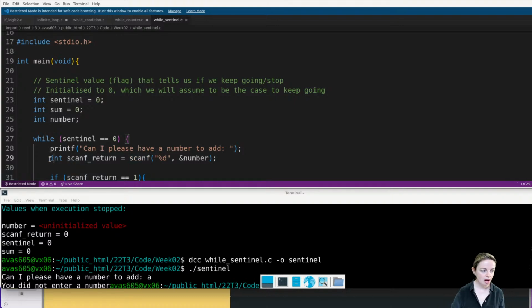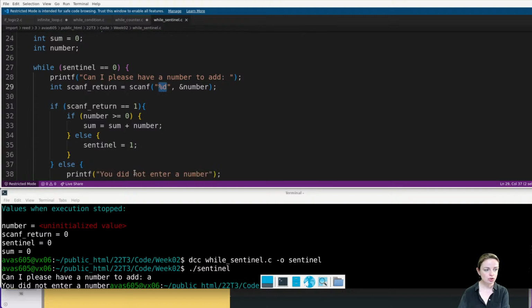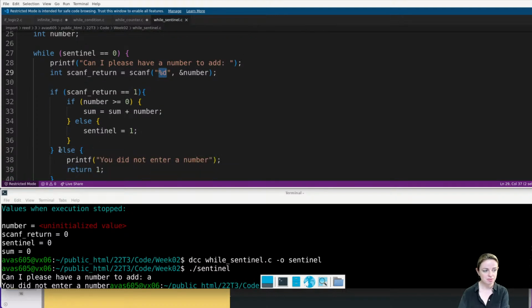So I've just declared a variable. I called it scanf return. It's just what I named it, okay? You can name it whatever you want. But to me, that's a variable name that made sense because it's the one that's keeping track of what scanf is returning. So I've placed that result inside scanf return. If someone puts in a number, scanf is going to return 1 because it's scanned in one thing correctly. But if someone puts in a letter, it's going to return something else, 0 or something else.